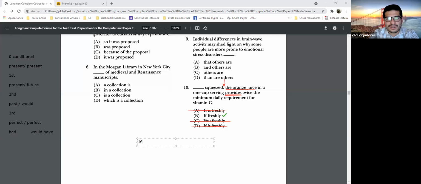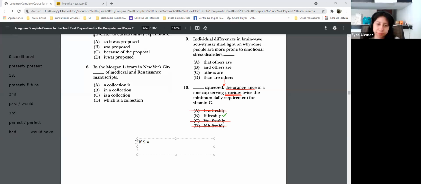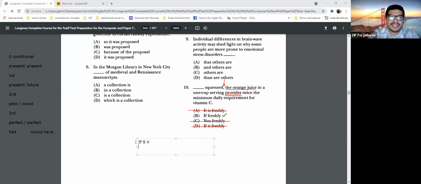So one of the things that you can reduce in an adverb clause is the subject and the verb, right? And if the verb is the verb to be, you're going to reduce it. The second one is with the connector: you are going to omit the subject and change to the ing form of the verb. So you don't have ing, so the only option that you have is with the verb to be.